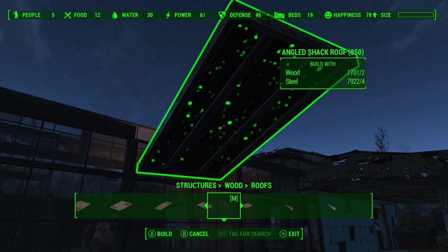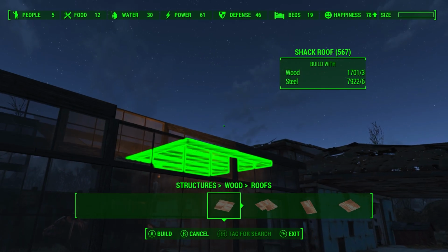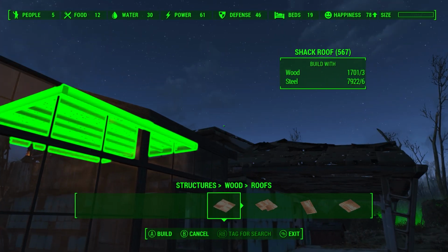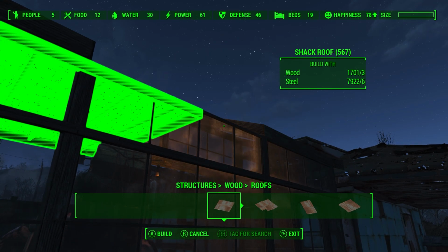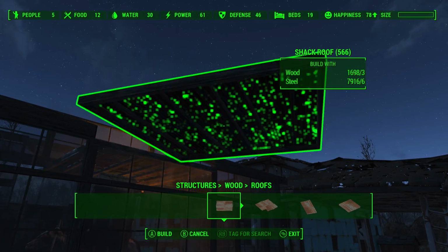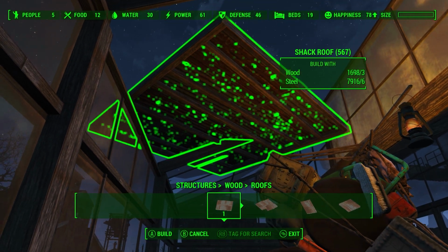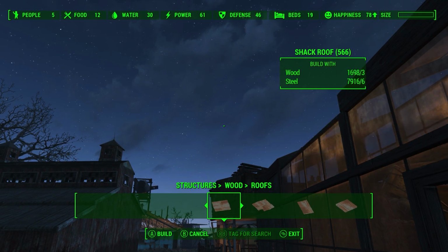Or I think the other way to do it is to use a flat roof. And yes, you can build this without mods. This is possible. That's weird that it wants to snap inside. Maybe we can snap one inside and then one out. Why is this being such a pain in the butt? It was easy on the Xbox. I use my Xbox more so for